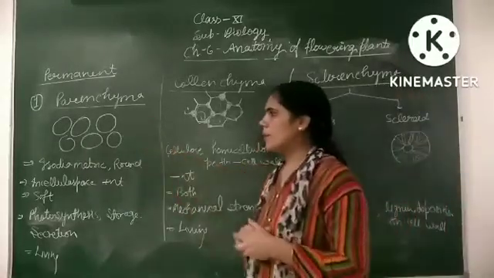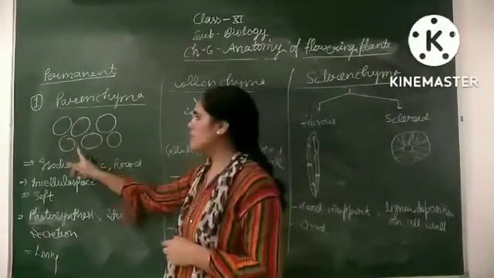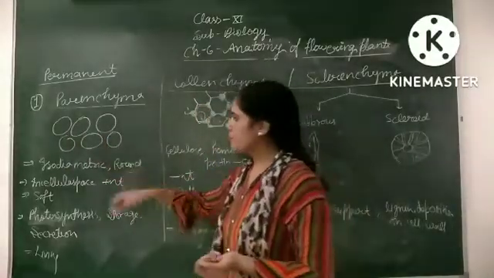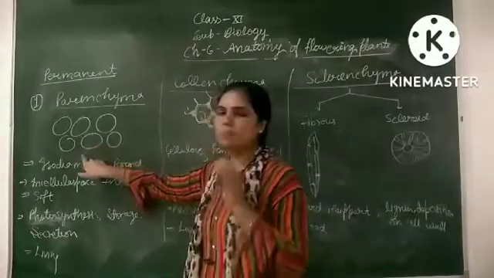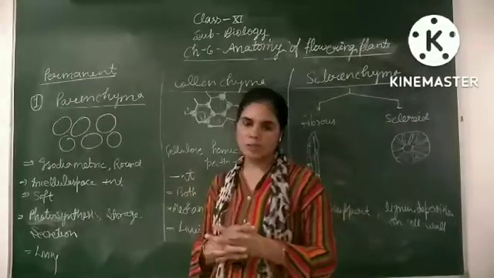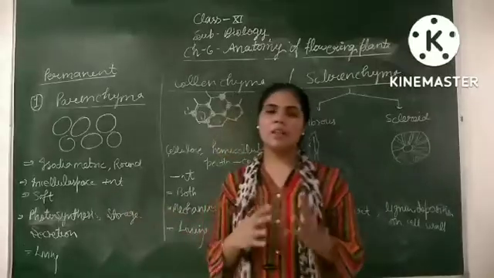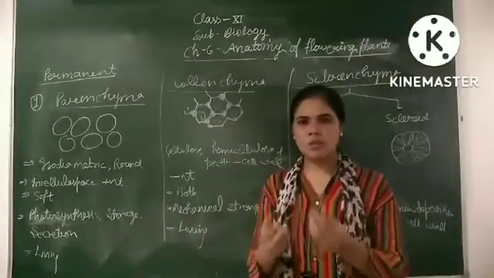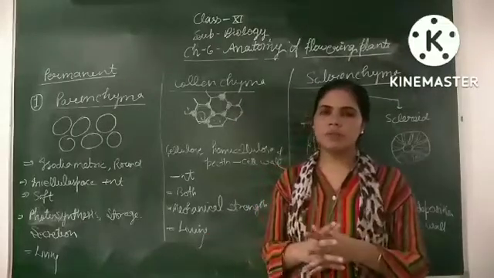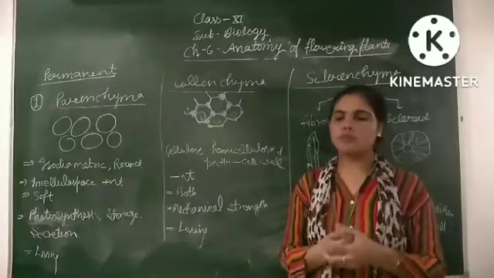The first type is called parenchyma cells. Parenchyma cells are isodiametric, which means that all the cells have the same type of structure. They may be round, oval or spherical. Intercellular space is present. They have a thin cell wall made up of cellulose, a large vacuole and a small nucleus. The part where parenchyma cells are present is basically soft in nature because of the thin cellulose cell wall. They comprise the maximum part of the plant. They are found in leaves, in the stem and in roots.